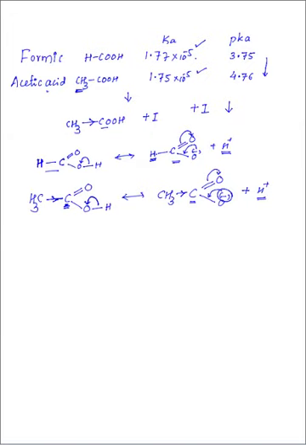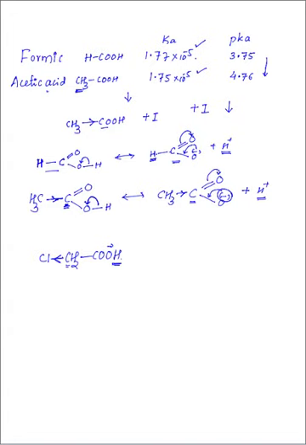So we'll take another example, chloroacetic acid. Chloroacetic acid formula is ClCH2COOH. So here the Cl group is an electron withdrawing group. It withdraws electrons from this carbon, so that now this carbon can take the electrons which are formed on this carboxylate ion easily, so that it can give H plus easily.